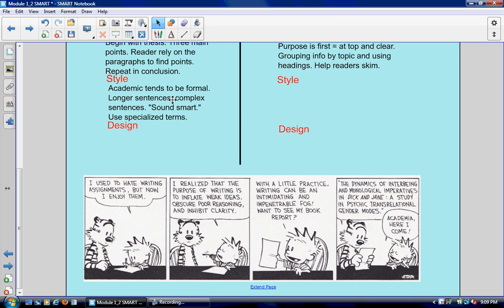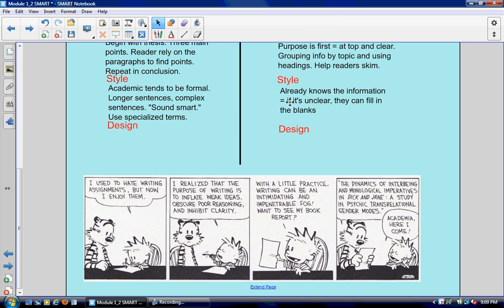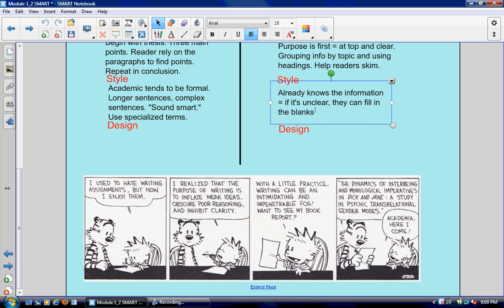So we all get that joke because we know that that's the style of academic essay writing. But in business communication, that's not going to fly. As we just talked about, people are busy, they need to have clarity, they need to have it clearly organized so they can scan or skim. And in terms of style, you're looking for clear, direct, short, and precise information.